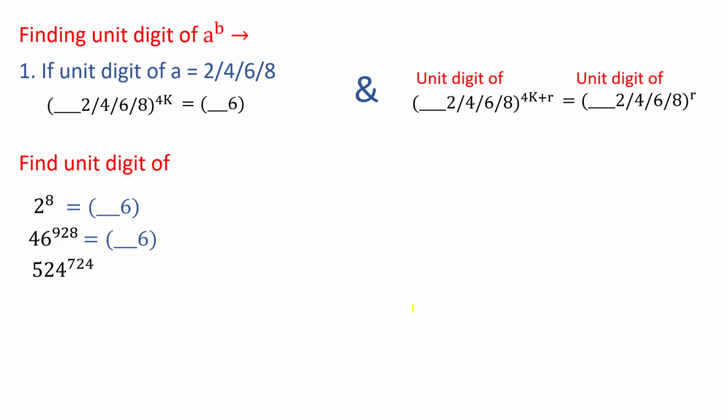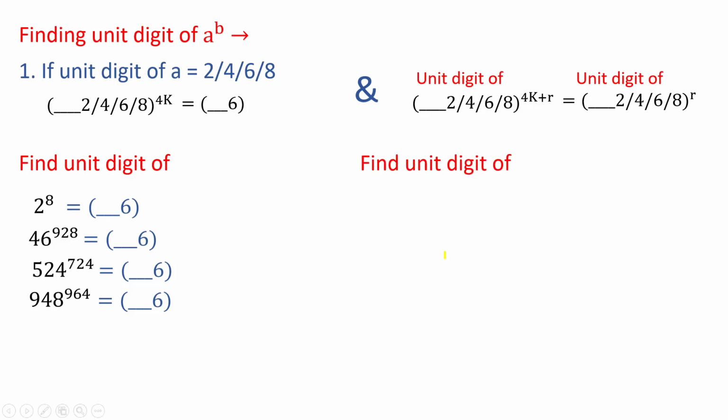4 to the power a number which is multiple of 4 always ends with 6. Then 8 to the power a number which is multiple of 4. 948 to the power 964 is going to be what? Tell me. 8 to the power 964, that is 8 to the power multiple of 4, that ends with 6. Okay everyone, so if a number ends with 2 or 4 or 6 or 8 to the power multiple of 4, it always ends with 6.